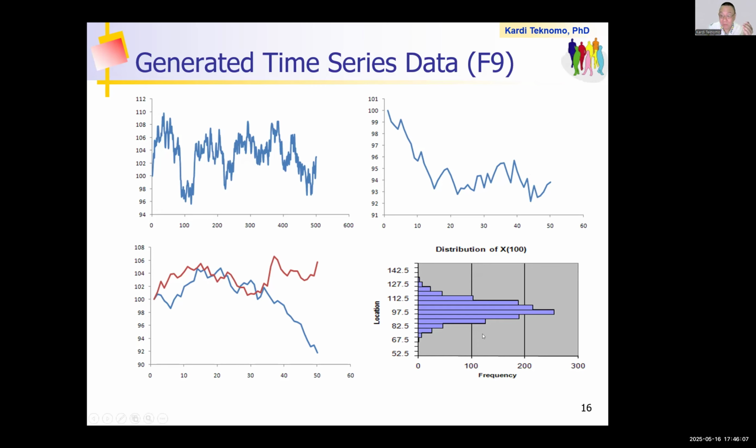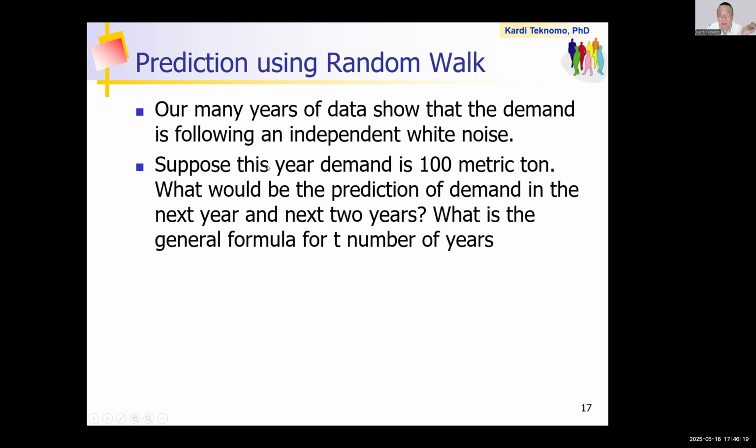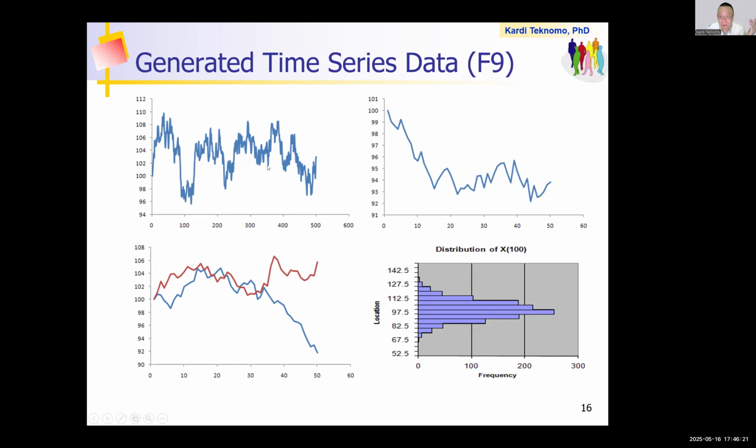From the data, you can actually find the distribution. That's the main point. If you know the distribution, then you can generate. So how do you predict? If a while ago I generated using normal, then you will get a normal distribution. If you generate using a Poisson distribution, it will create a Poisson distribution. If you generate using, for example, log normal,